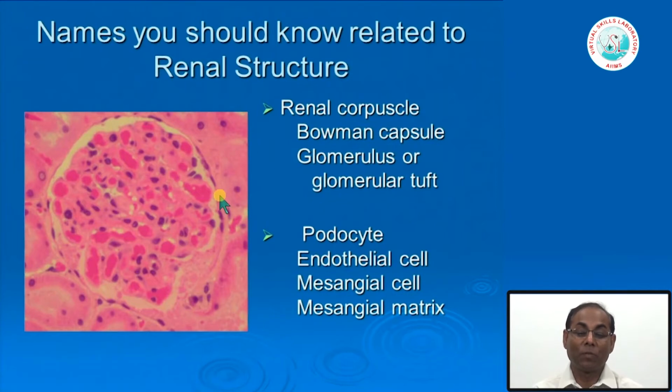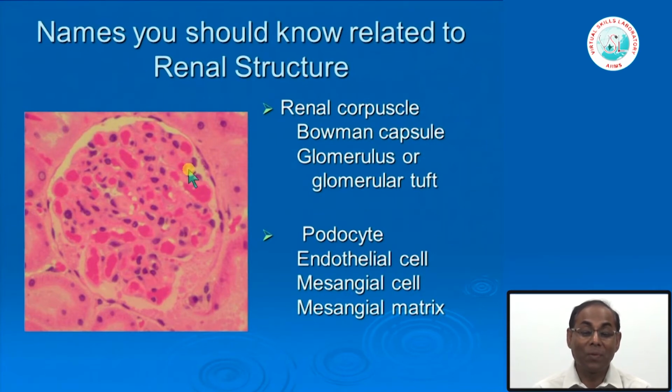Now, this is a picture of a glomerulus which you can see under the microscope. The schematic diagram, if you just imagine, is the same thing. I am showing you a picture where you can see these red things. These are red blood corpuscles. Where will they be? They will be inside the capillary lumen, so you can definitely identify this as a capillary lumen. In between these 3 capillary lumens, this is the area which is the mesangium. And I told you that in the mesangium there may be 1 to 3 cells normally. Here you can see there are hardly 1 or 2 cells, so this is a normal glomerulus.